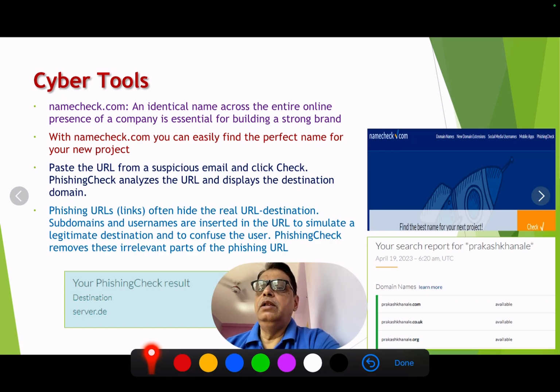Say for example, whenever you enter the name, you will find whether the name is available if you want to use it for .com or co.uk or .org. So such a list will appear for the given search name. It is also possible that for a given name, you can check whether there are phishing links or phishing URLs which are making access